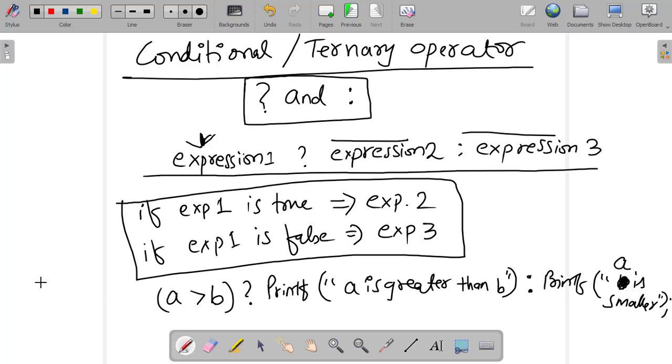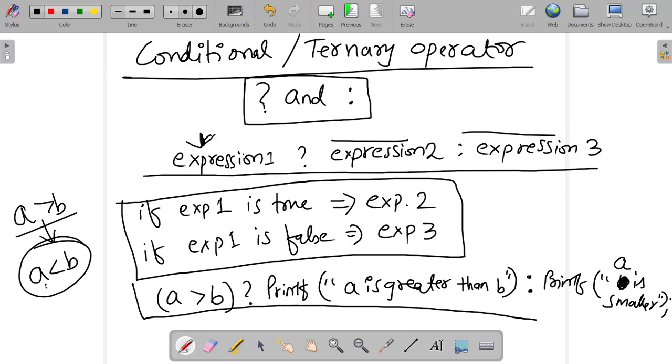If it is false, so please tell me, A is greater than B is true, so its opposite will be what? A is less than B. A is smaller than B. So if it is false, it will print this. If it is true, it will print this. So I hope it is very much clear to each and everyone, the ternary operator.